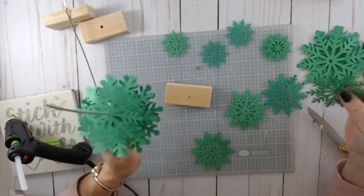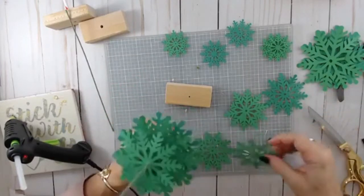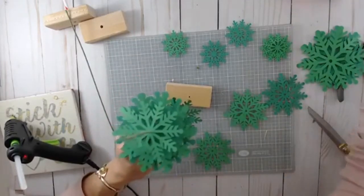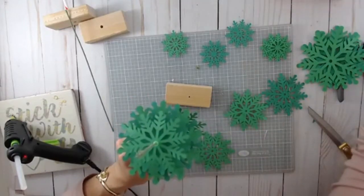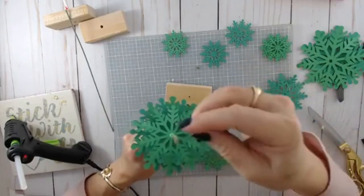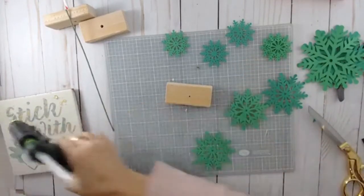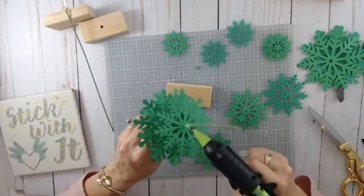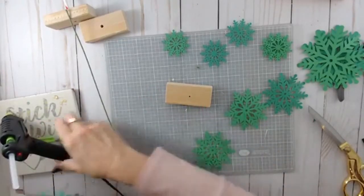So, another couple of beads out of my, see, you can just reuse everything out of my weird beads that I got from trick-or-treating. Not me, my daughter. All right. Okay, hopefully